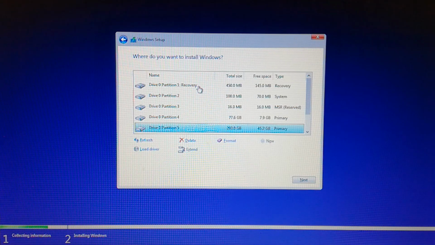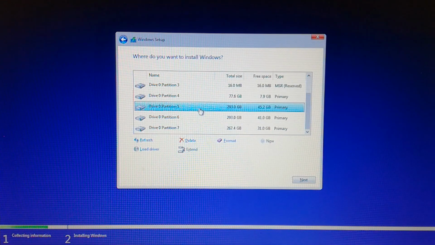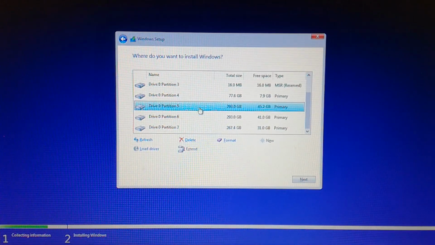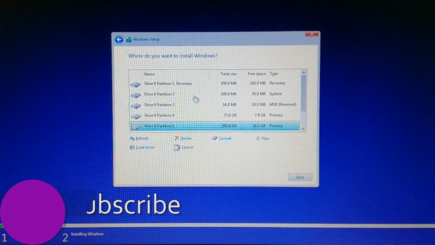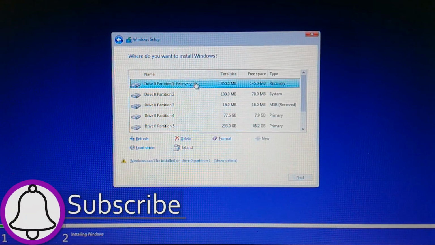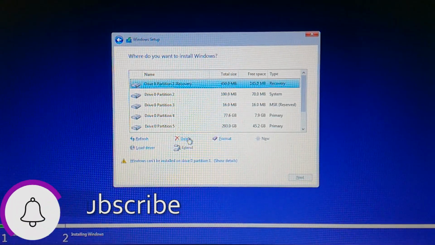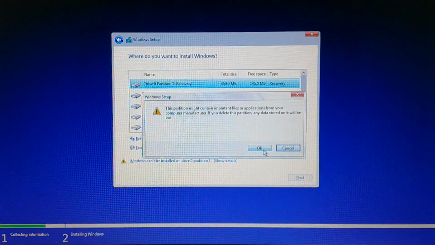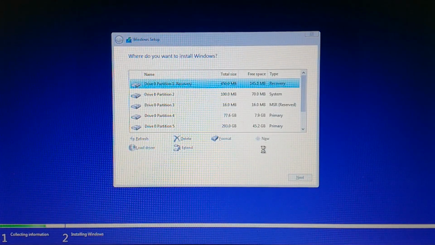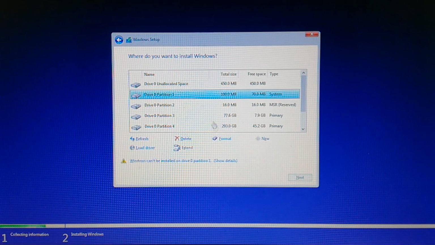So what we'll do here is delete each of the drives apart from the ones we don't want to format. Like I have several important files in my D, E and F drive and I don't want to format them. So what we'll do is select all the other partitions which are recovery, system, reserved and C drive and delete them one by one. Once you delete a partition, you'll see that another partition by the name of unallocated space is created. And once we delete all of the unwanted partitions,